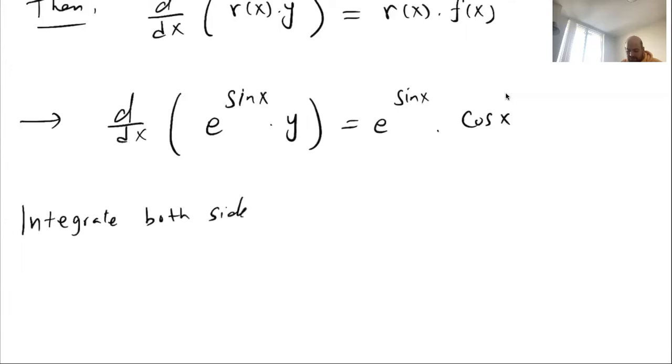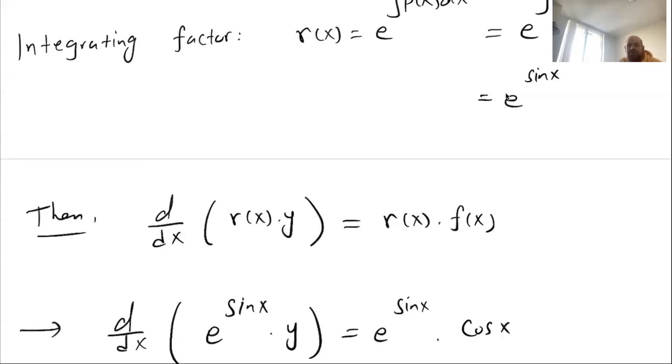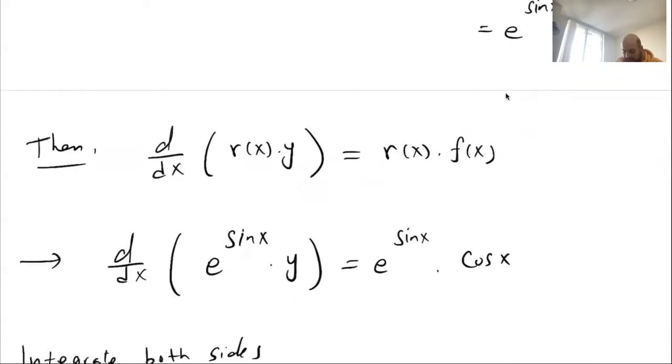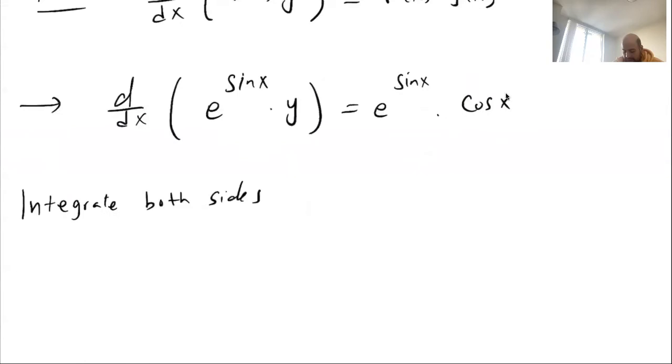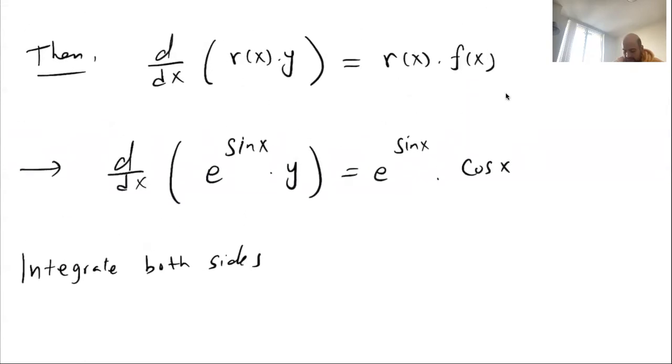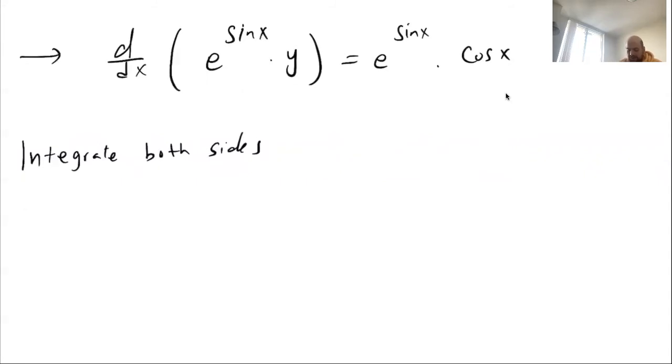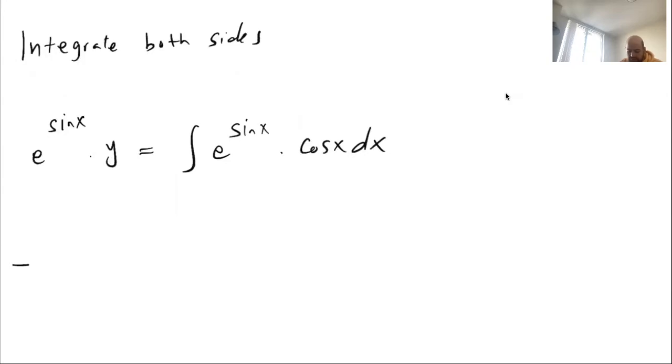First, we found r of x. Then after finding r of x, we can write the equation as d over dx of r of x times y equals r of x times f of x. And that gave us d over dx of e to power sine x times y equals e to power sine x times cos x. And now if we integrate both sides, then we'll have e to power sine x times y equals integral e to power sine x times cos x dx. And that gives y times e to power sine x equals